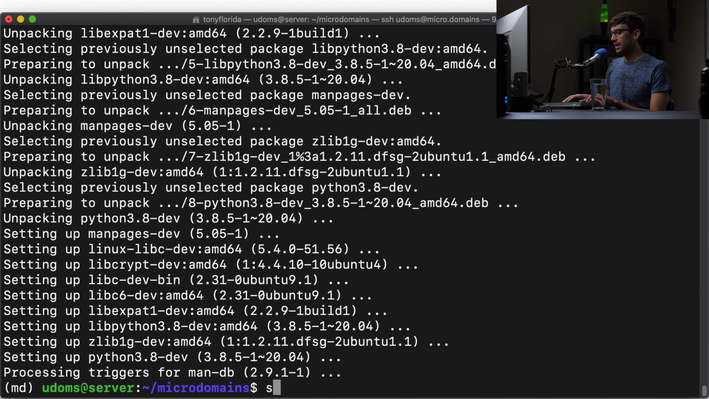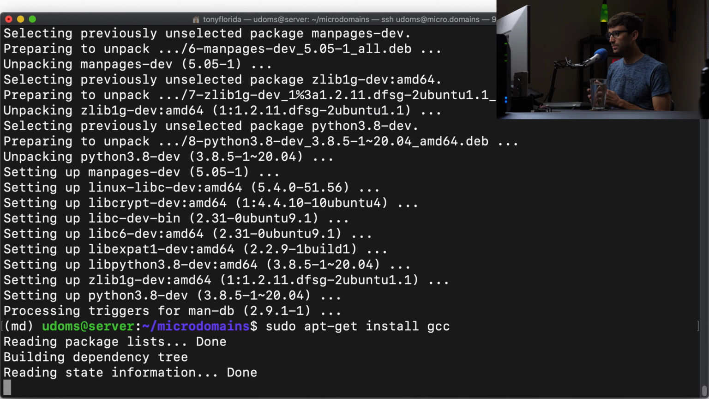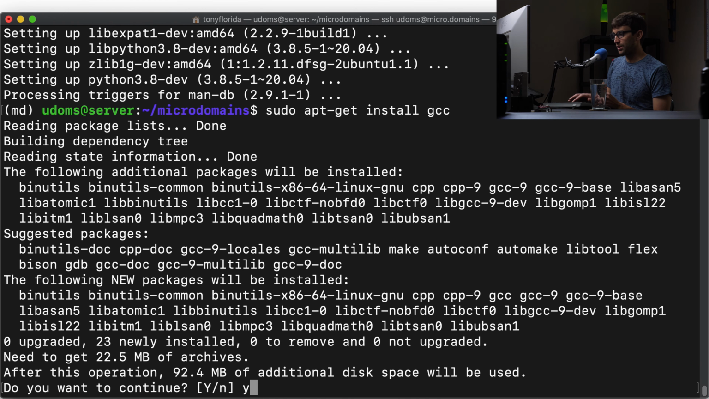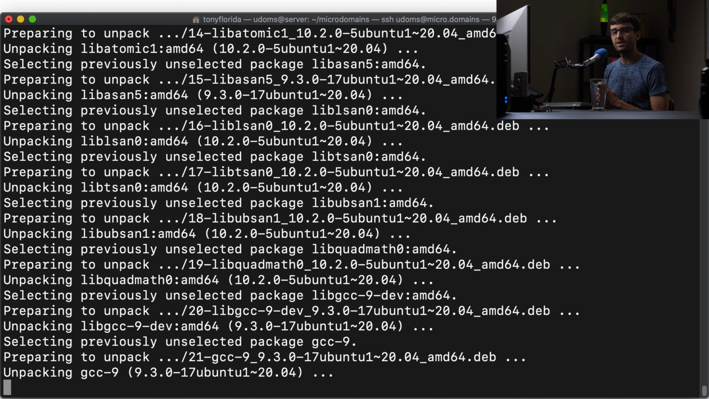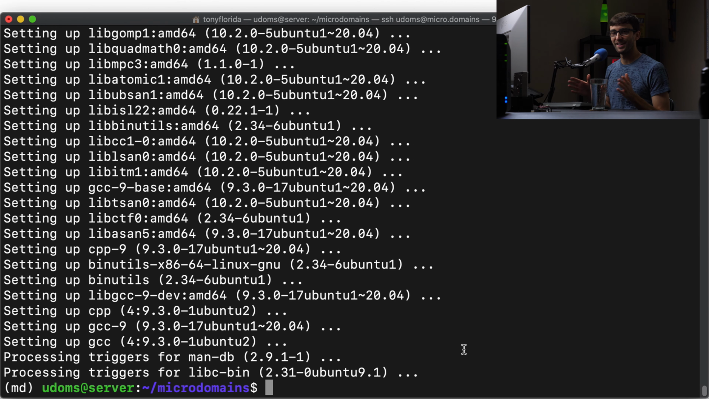So we'll go ahead and do the same type of thing for GCC, and we'll continue with that. And let's just pause the video and I'll come back when this finishes. All right, like 5 seconds later, we're back, and now we want to go ahead and install via pip. So we'll do pip install